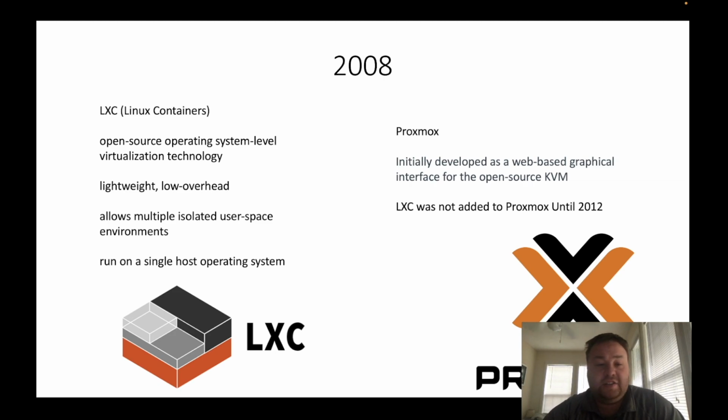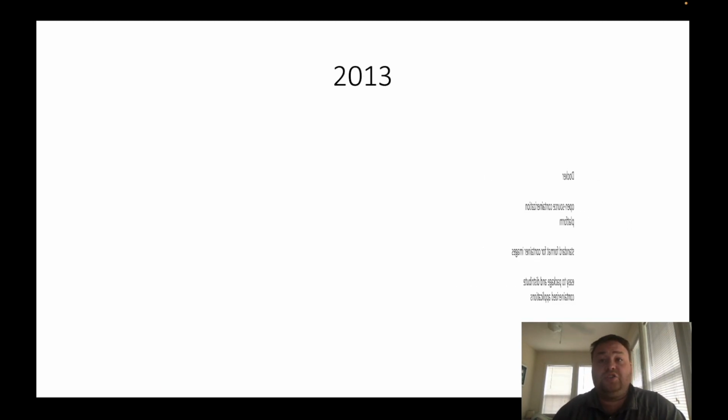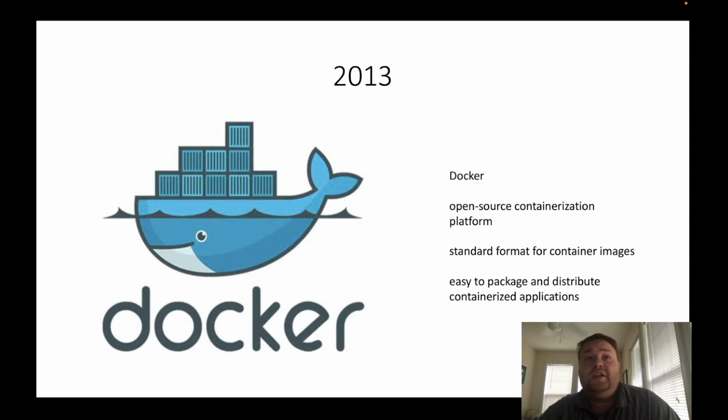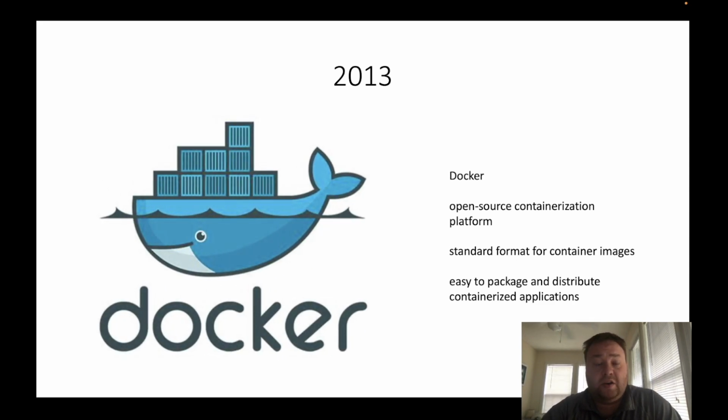But LXC is kind of notable here because it does still exist today in Proxmox, and it's really the first containerization software. So now we go out to 2013, and Docker's released. And we kind of talked about Docker already. So Docker is an engine. It sits on top of an operating system just like a game or another application would, and it virtualizes the hardware. Now, Docker in the early days, back in 2013, actually used LXC code to do this.